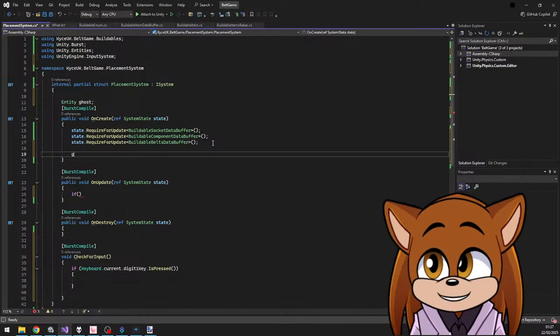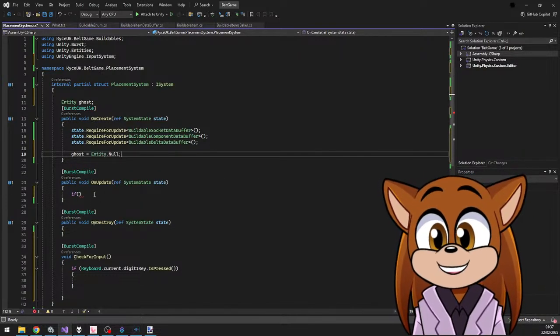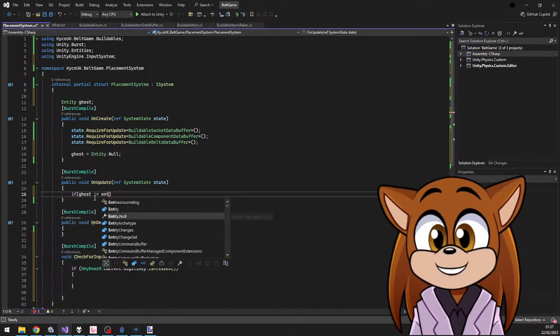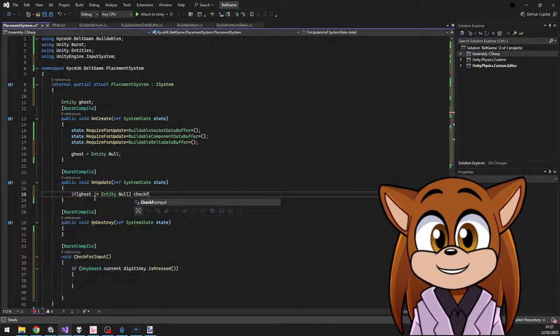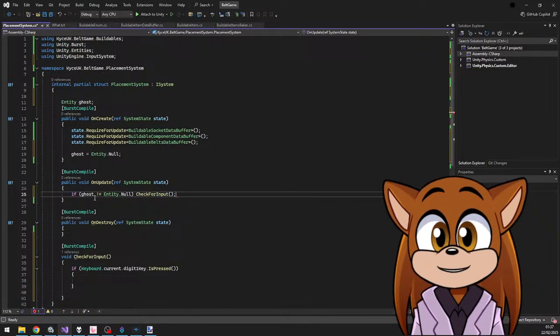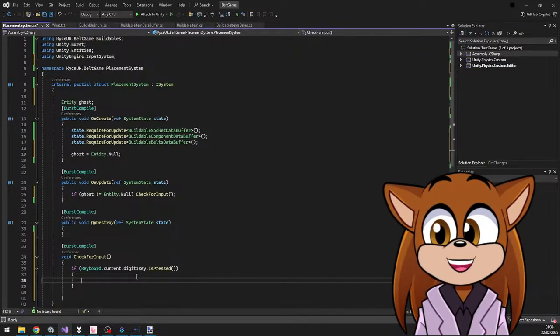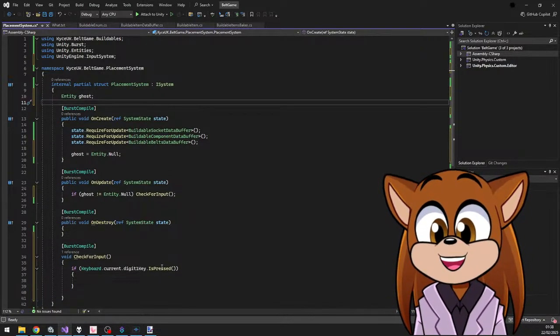And then here, ghost equals entity null. Make sure that's reset out. If ghost does not equal entity null, then check for input. Okay, and then down here, if we push the 1 key, we are going to make the ghost entity be our